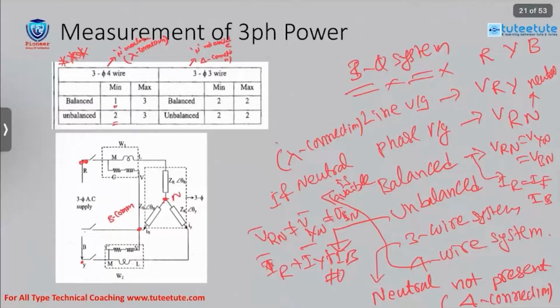Okay. So the possibility we are discussing here is that with the help of minimum resources, we are going to meet our requirement. That is called the minimum condition. Maximum means the actual requirement for measurement of power. Minimum means with the available resources. We are having only a single wattmeter. Even though we have a single wattmeter, we can measure the three-phase system